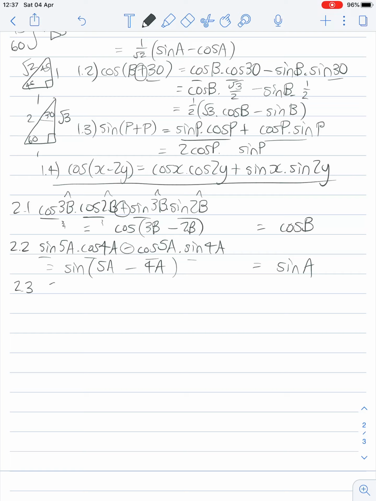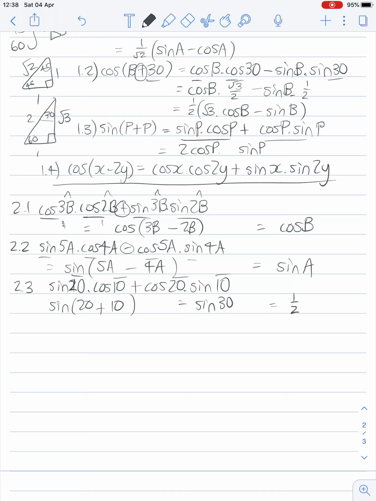2.3, let's see if it steps it up here. Sine 20 cos 10 plus cos 20 sine 10. Are there any tricks here? What rule? Sine, cos, what do you think? It's going to be a sine rule because they alternate there. So you're going to have sine. Is our sign going to be a plus or a minus? It's going to be a plus. And you've got 20, 10, 20, 10. So I'm ready to use my rule. Sine 20 plus 10 is going to give you sine 30, which we can take further using special angles,